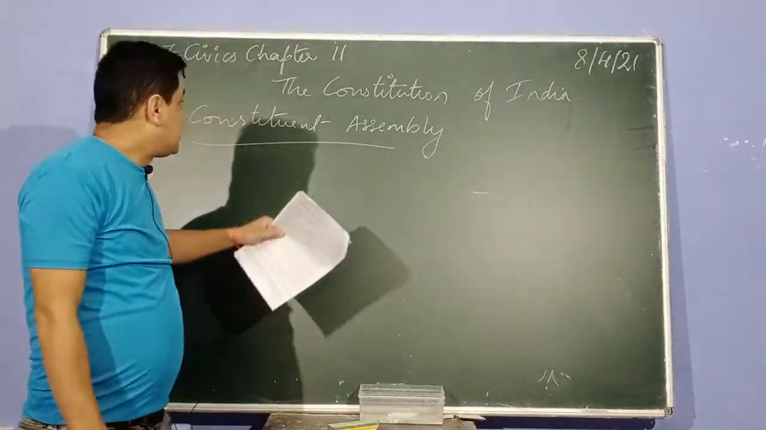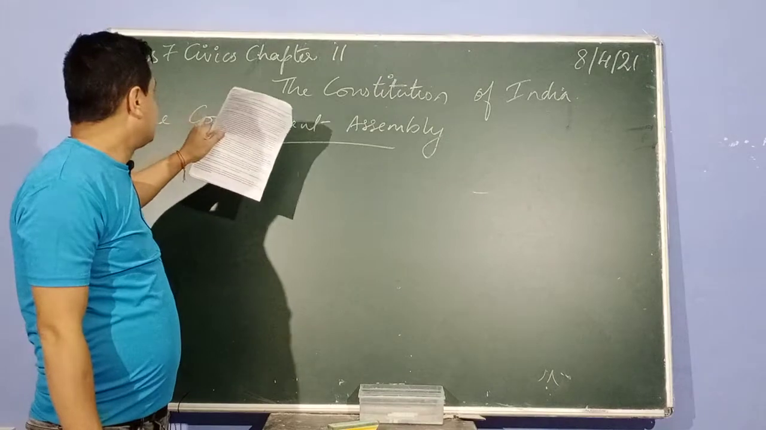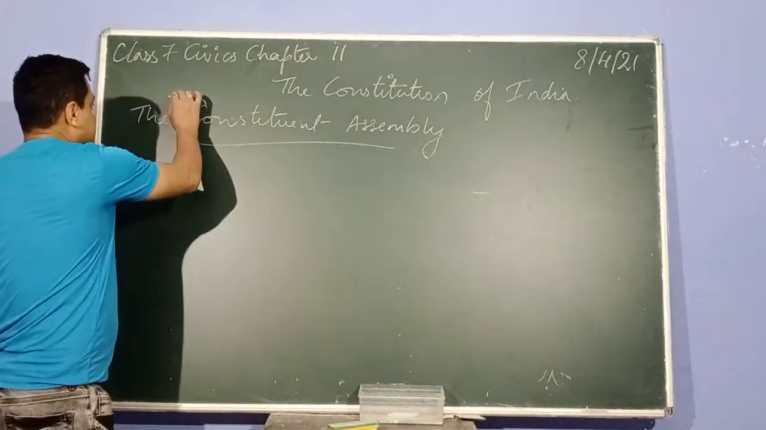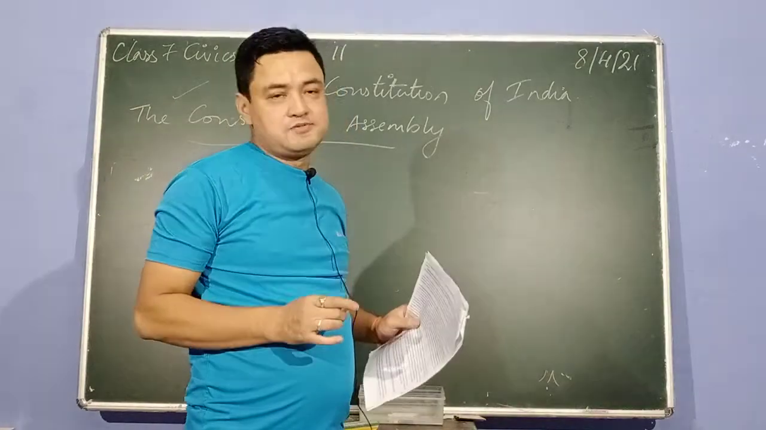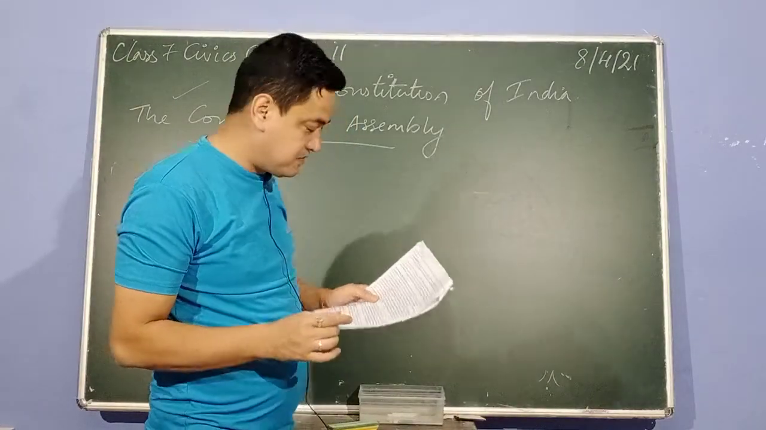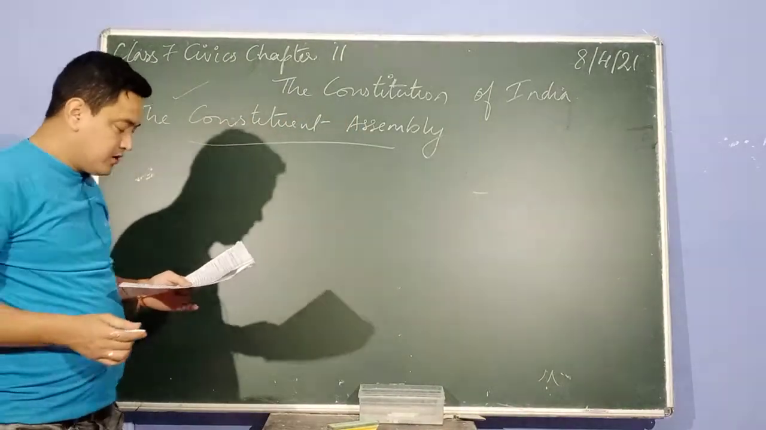So this video is on chapter 11, the Constitution of India, for class 7 civics. The topic that I am going to discuss is the Constituent Assembly. You can refer to your history textbook, page number 106. Now,